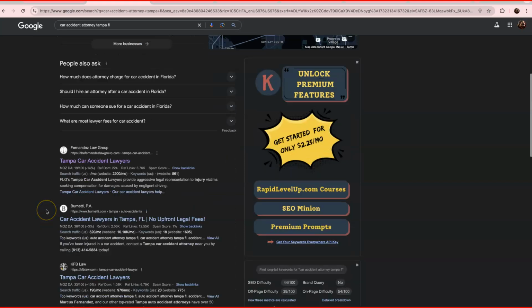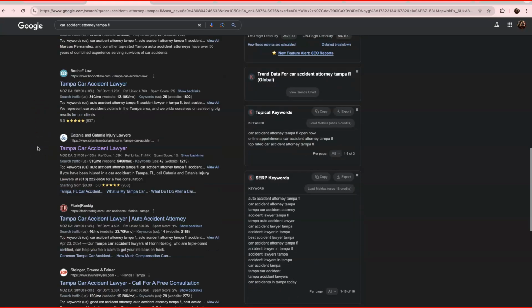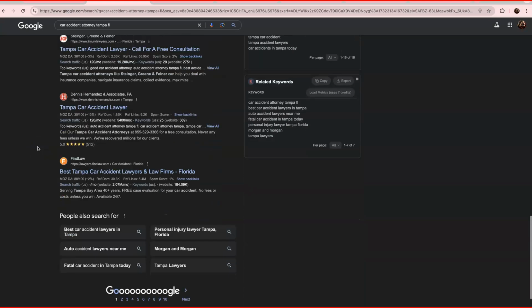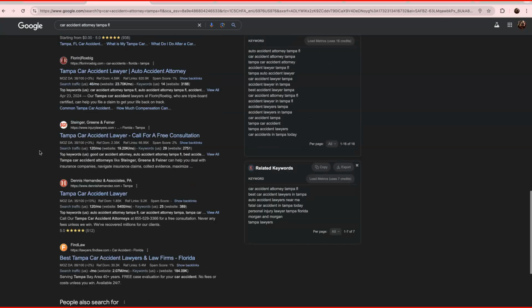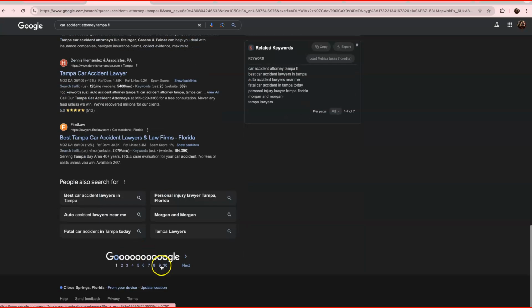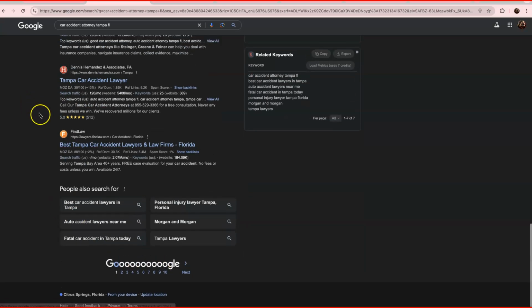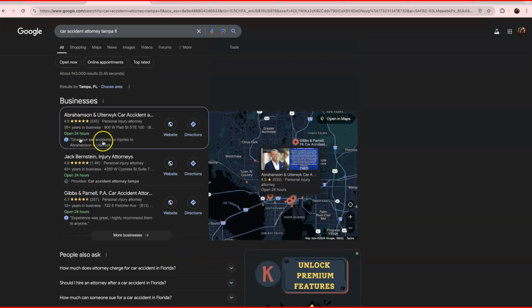Now, the last section I'm going to go over with you in Google is the organic section. It directly deals with your website. Now, in order to get ranked in this area, it requires having the most relevant backlinks. And as I scroll through on this first page, we won't see your guys' site because I actually found you guys on the 5th page of Google. If you're not on this first page of Google, nobody's going to the bottom of the first page, let alone the 5th page, to find somebody. If you're not on the first page, you're going to be overlooked,